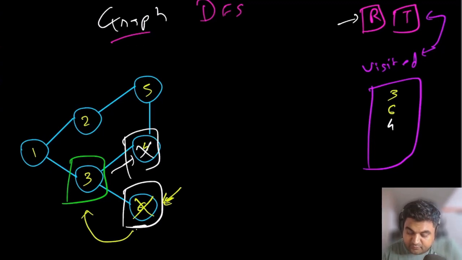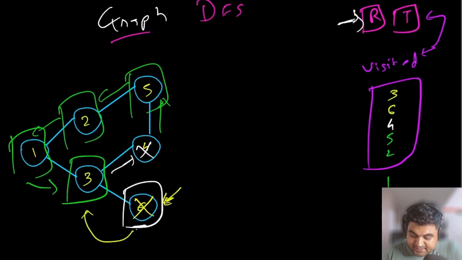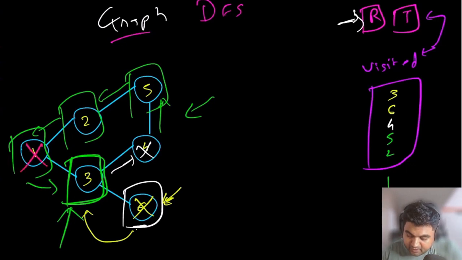Now again for node number 4 we are going to apply the same logic and treat it as if the graph is starting its traversal from node number 4, because we are using our recursive function to call the next subsequent nodes. For node number 4, node number 3 we cannot go to, node number 5 we can. So mark 5 as visited, from 5 go to node number 2, from node 2 go to node number 1. So 5, 2, 1, and from node number 1 eventually we will come back to node number 3. And since there are no other nodes left, we are done with every single element.